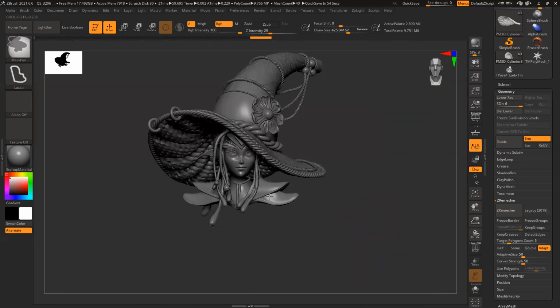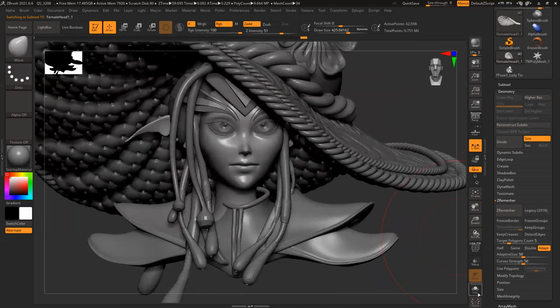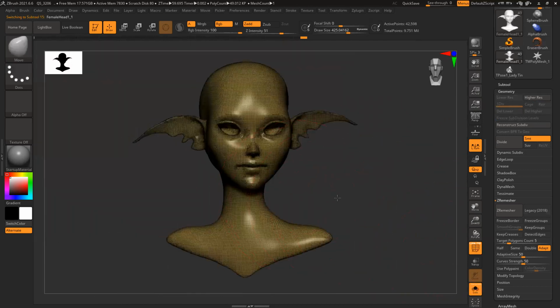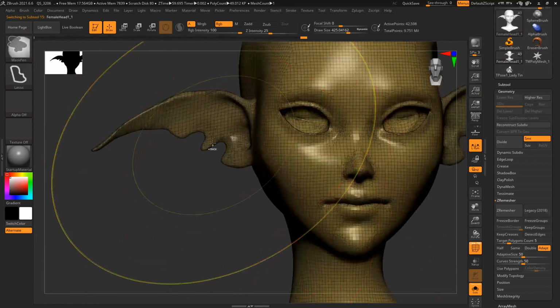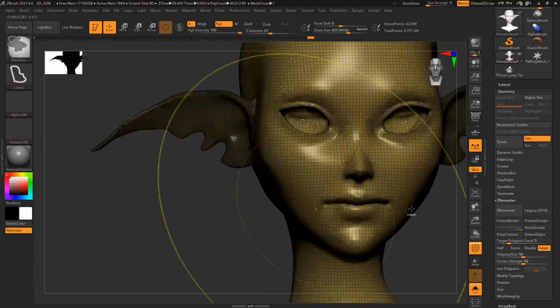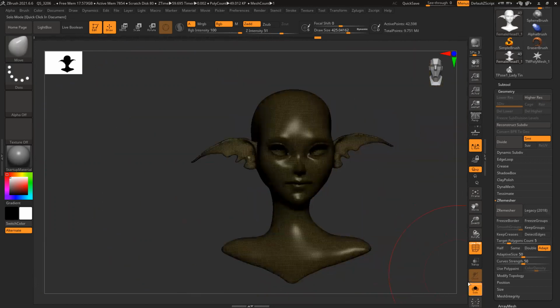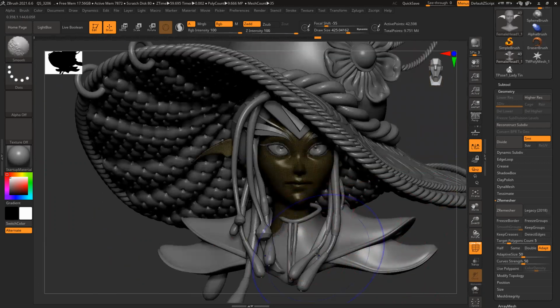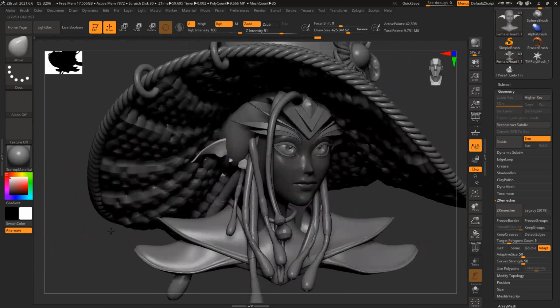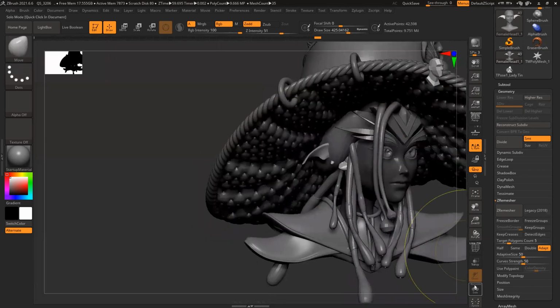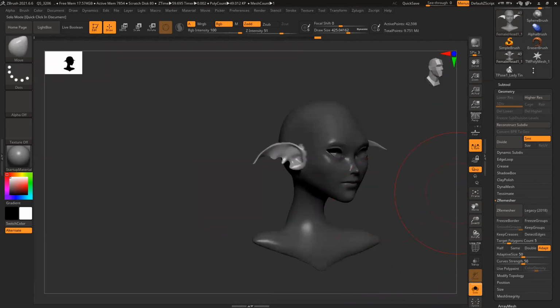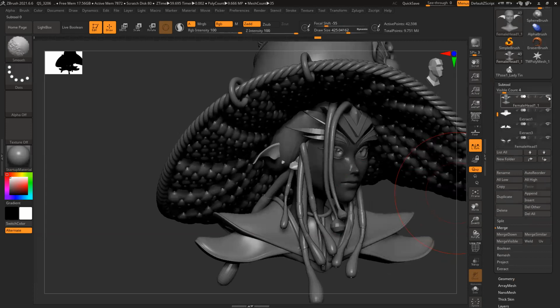But still a few things I have to fix. Ear, like ear. Shift F, and I can clearly see ears are a separate subtool. So that means I can select them, invert, and I can bring back this thing. And now if I want, I can work on it very easily. I can isolate this, or rather, max to max, I can keep the hair visible.